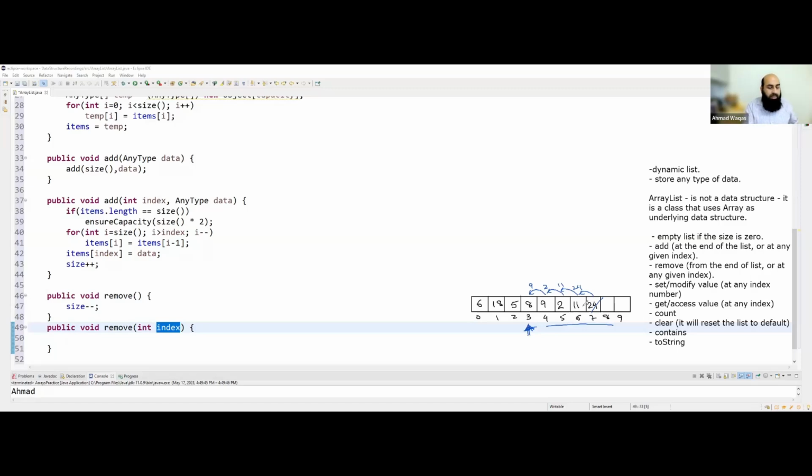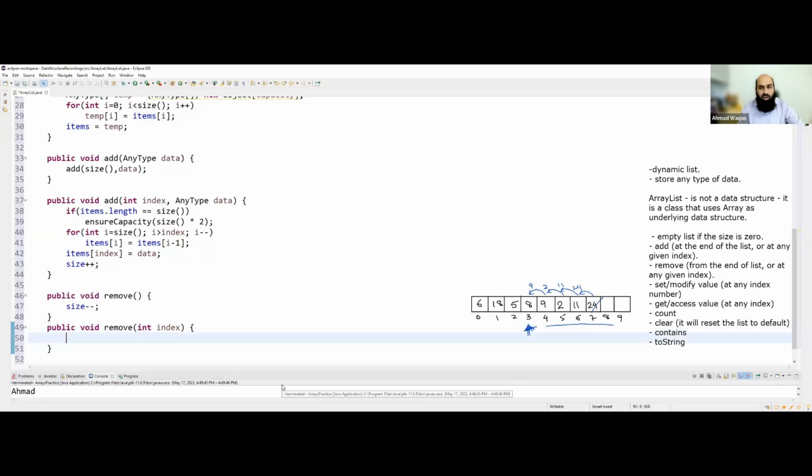That's how we are going to use. I mean, that's the logic that I'm going to implement here now. So let's see how we can do so. So removing the element from a given index number, what should I do is, first of all, I have to